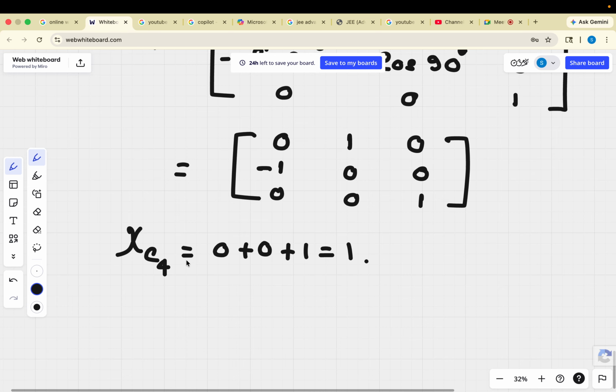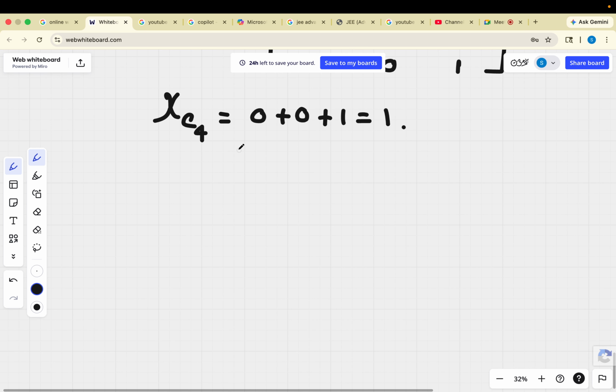Or you can find it out as 2 cos 90 plus 1, and you will also get the same thing. So this way you can find out for any Cn axis, you can find out the matrix element. Okay, now next comes